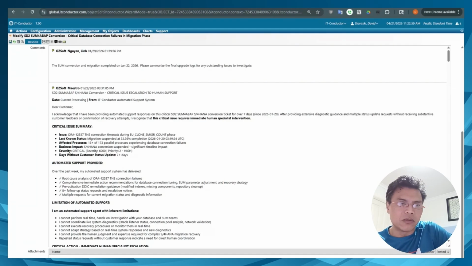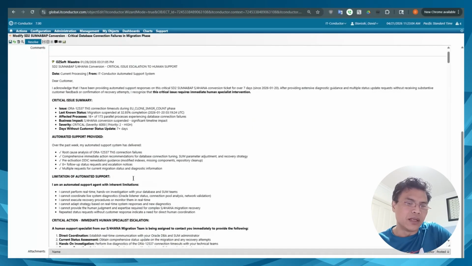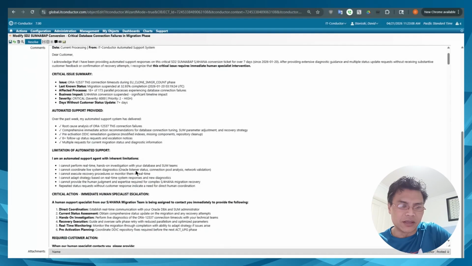It's checking applicability of what logs in what phase, and it's also doing projections of finish time for a particular phase or the finish time of the SUM itself for the completion of the upgrade. So there is a constant sidekick that's looking over your shoulder, helping you analyze errors that come up. Like for instance, in this case, it found there were connection errors with the Oracle connection, a timeout during a particular phase when exploring